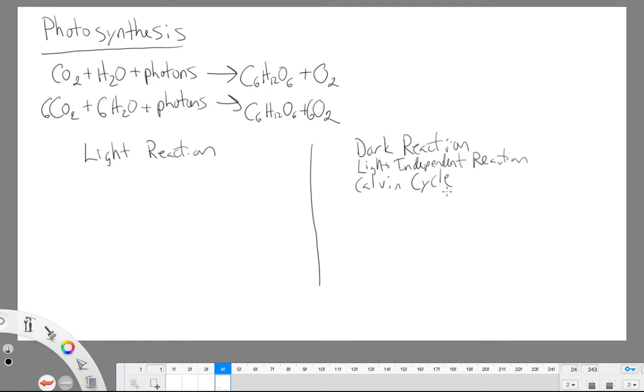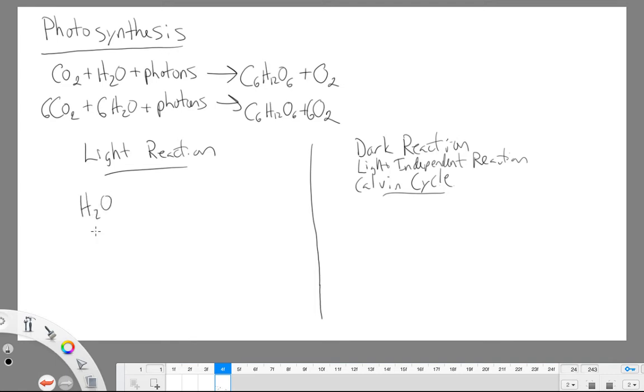I'll probably interchange them as I go through this, but just for you guys to be aware. So this process up here, photosynthesis, can be subdivided into these 2 different reactions. And we're going to look at each reaction a little more in depth. But right here, I want to provide an overview because I think it'll help you as we later go into this a little deeper. Right? So in our light reaction, what's happening is